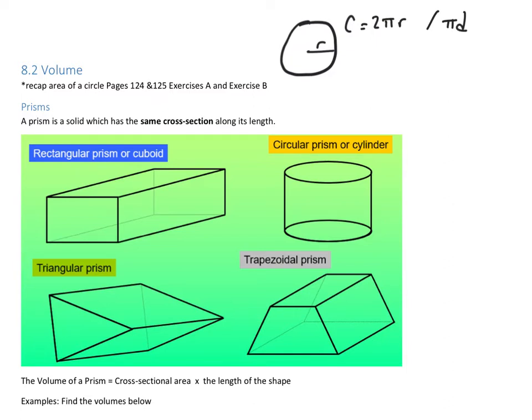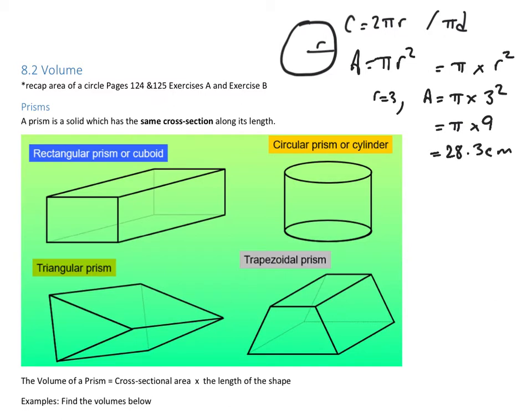And the area of the circle, which is the amount of space it contains, is pi r squared, and that's pi multiplied by r squared. So you would square the r first of all and then multiply it by pi. So if the radius was 3, the area would be pi times 3 squared, which is pi times 9, which is